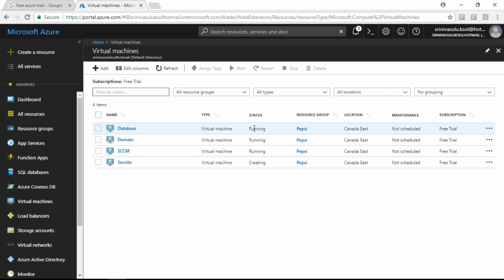Now you will see the devices have changed status from creating to running. So that's good. Now, for the people who are going to do the local lab setup,